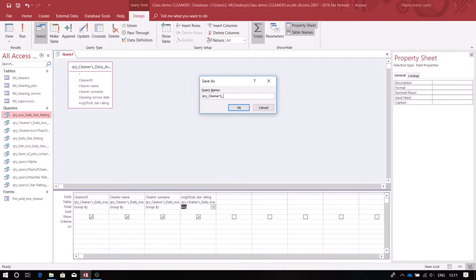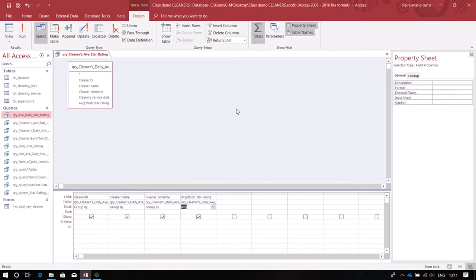So the first one was the cleaners daily average. So this is their overall average. So cleaners average star rating. That's what we're being asked to display on the form that we are going to be developing from this. So now that one's absolutely fine. Now,